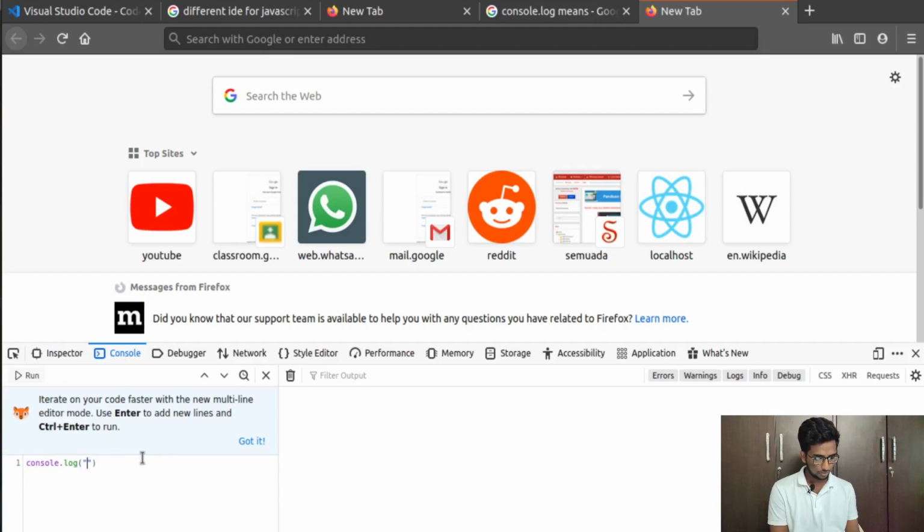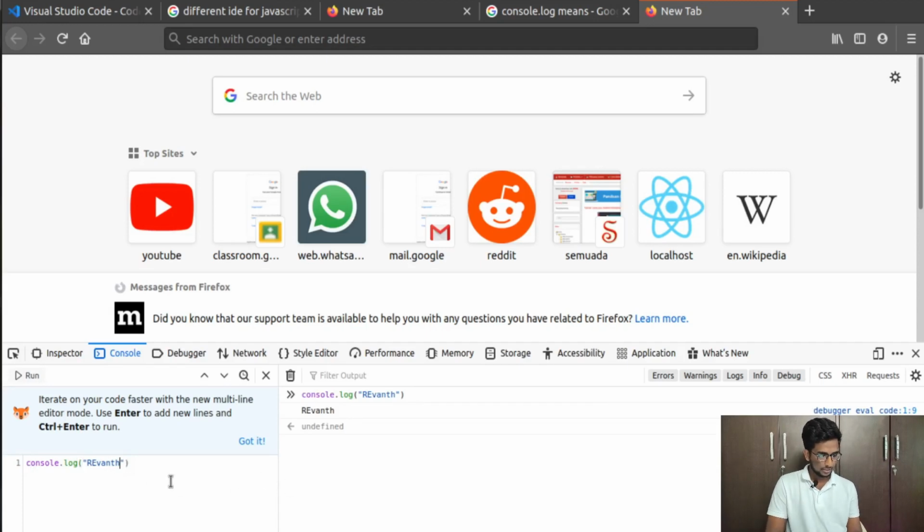Here I type my name, and if I press control enter to run this function, you can see this console.log is a function which will run the program of JavaScript. This is the first program, and everyone usually starts with the hello world program as beginners. So just get started and press control enter.